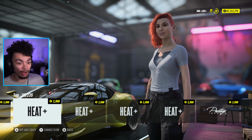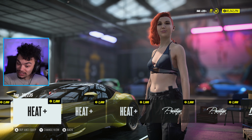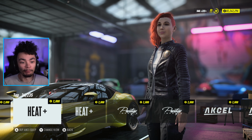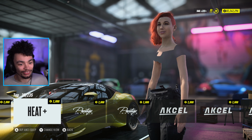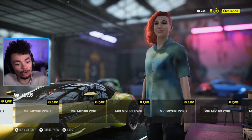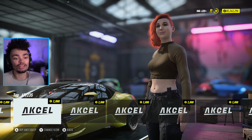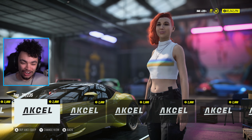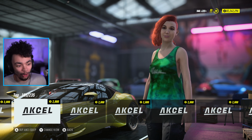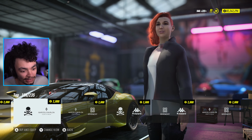Now, if we keep going, for some reason, she's just put a shirt on underneath. Hello. Was this removed? I don't know why. No idea. We've also got this cop uniform here, which looks super sick. And, of course, we've got some others as well. I don't know which ones were in the update before, in the mod before, but a lot of these were not. I know for sure I've not seen them. Of course, these are all standard clothes. We can go through. I can't believe how many. There's more clothes than customization parts in this